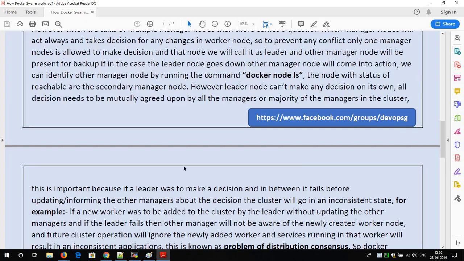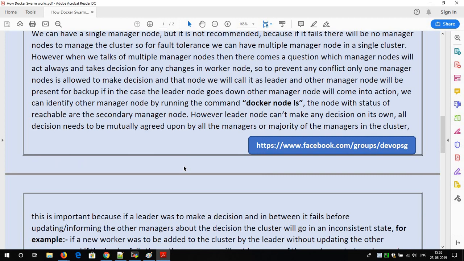So how does it happen? See what happens. The Docker Swarm rule is, suppose you are having 5 manager nodes with you, so to make any changes, you should have a vote of at least the majority of the managers. Suppose 5 managers are present in your Docker Swarm and you want to make any changes to the Docker Swarm cluster. Suppose the leader of the Docker Swarm wants to make any changes in the cluster. So of the 5 managers which are present, the leader can't take any decision by their own self. To take any decision,